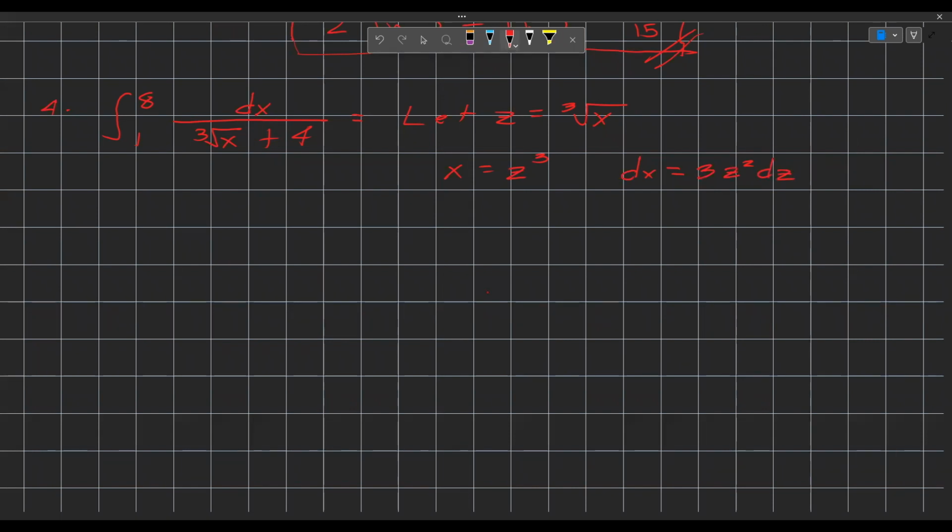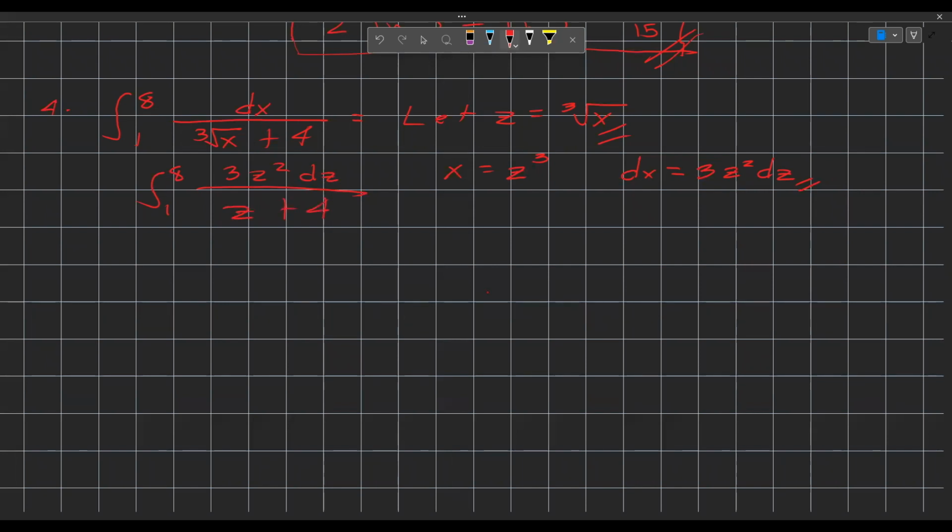And now that we have these values, we can easily substitute them into the original function. So this will become the integral from 1 to 8. The value of dx is 3z squared dz. And this will become z